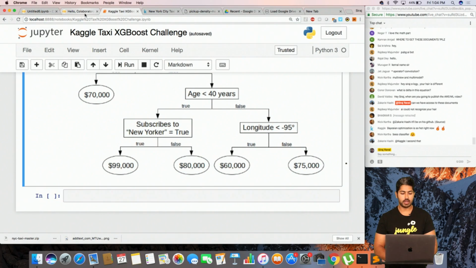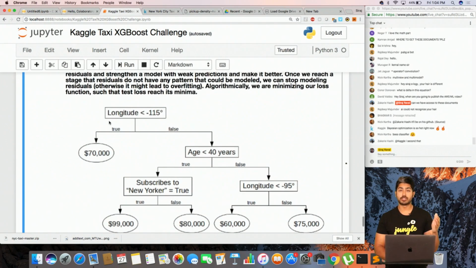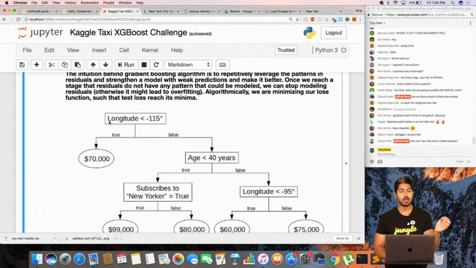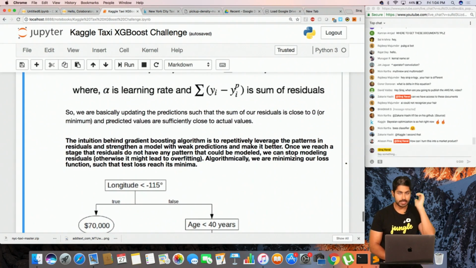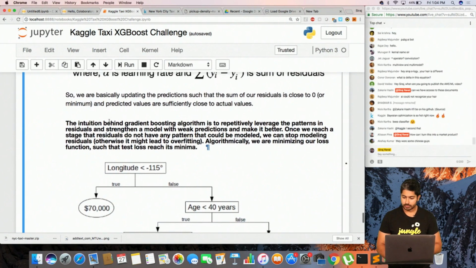So where was I? So that's XGBoost. It's a bunch of decision trees that are all optimized together using gradient descent. The gradient is updating all of the trees sequentially, and not independently.